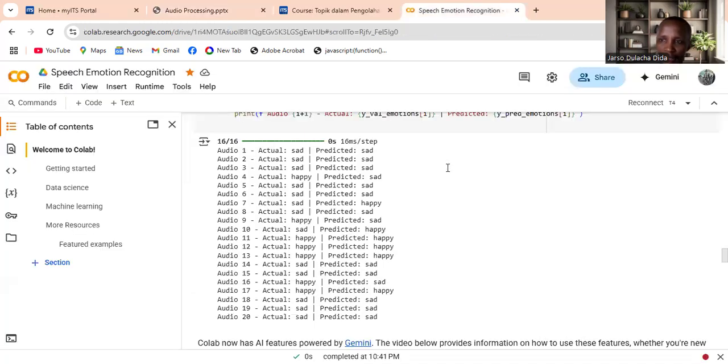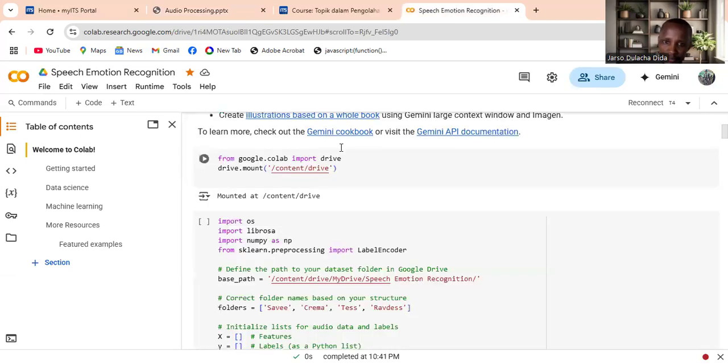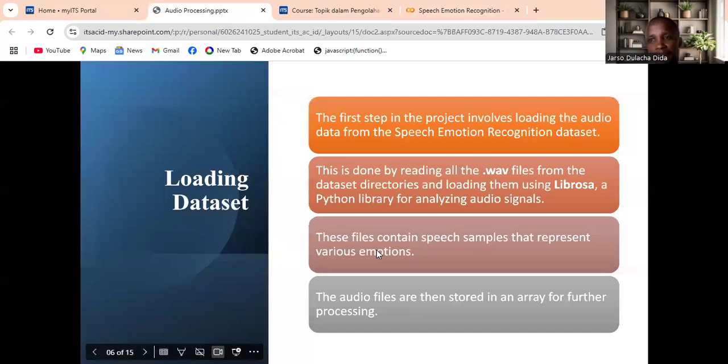Here is the Google Colab notebook where I implemented my work. This is the program for mounting the drive. Then the next step is loading and pre-processing the data. After the drive is mounted, the next step is loading audio data from the speech emotion recognition dataset.